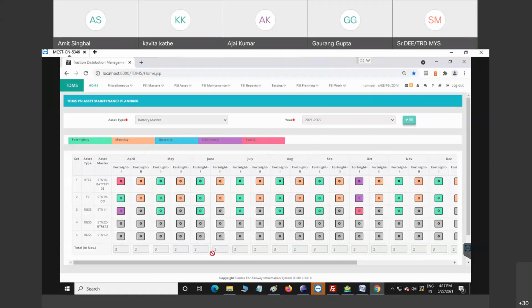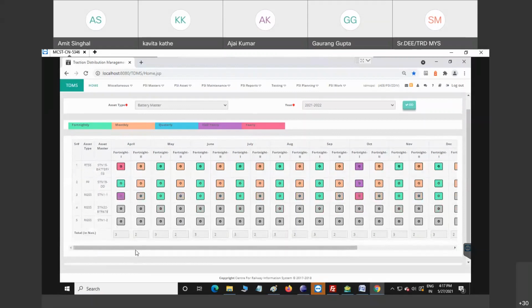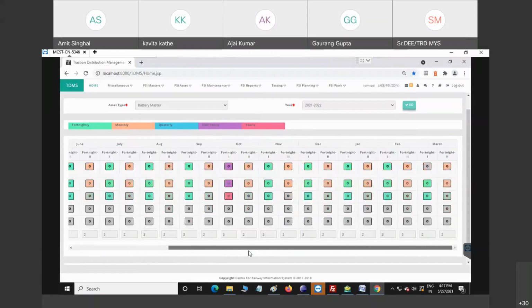In this way we have provided visibility so that the user can select just the first maintenance, and the planning for the further months happens automatically.